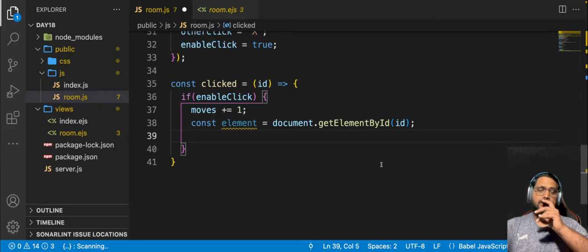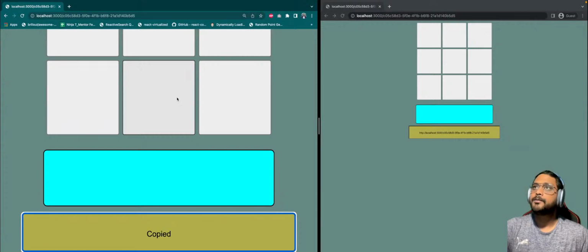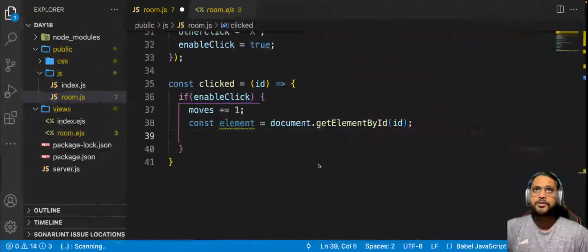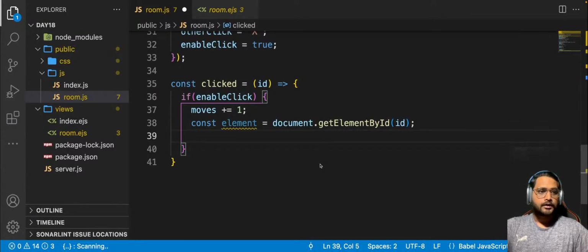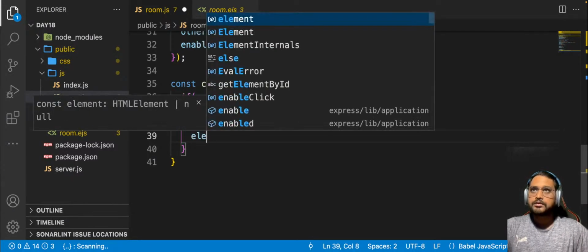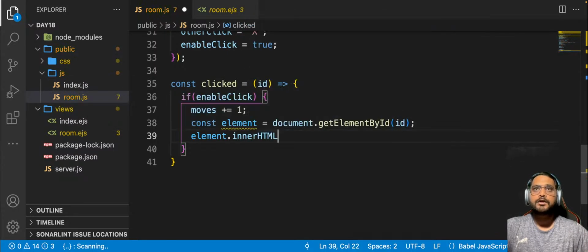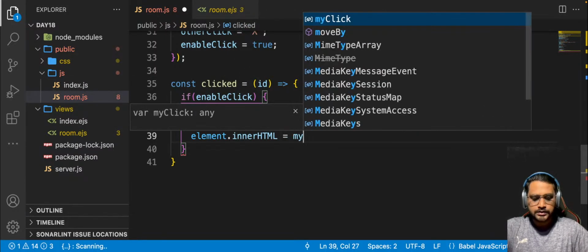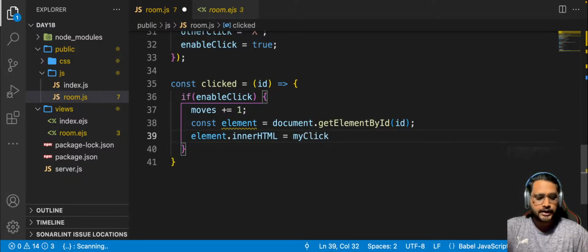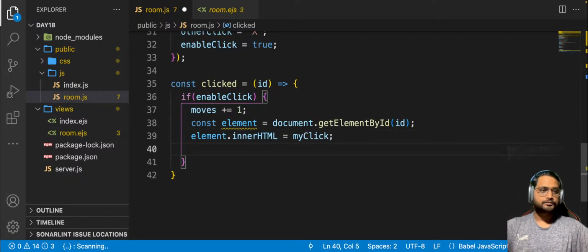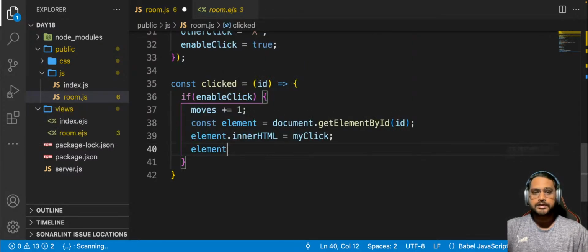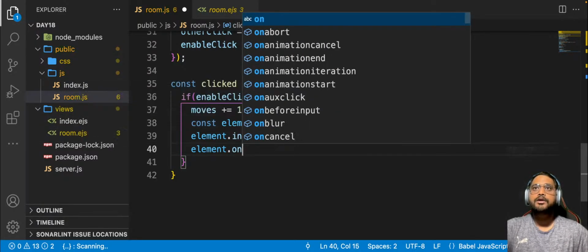Now I have to change the value. I have to change the value from an empty to whatever is the current value, X or O, right? So element dot inner HTML is my click, right? Let's disable on click event on this,